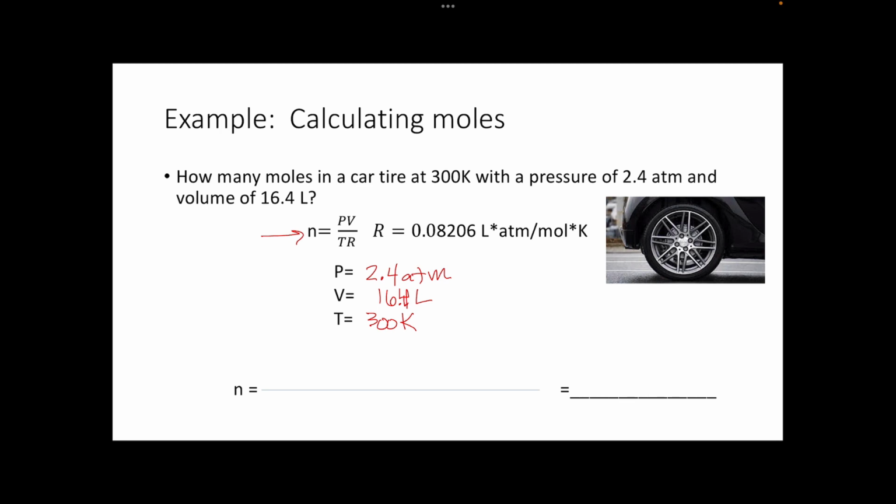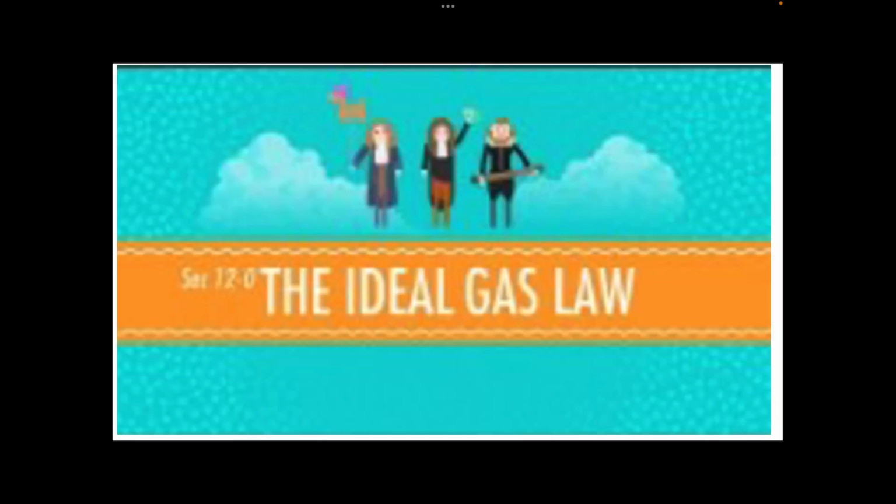Plugging in our numbers, we have 2.4 atmospheres on the top times our volume, which is 16.4 liters. I actually looked these up. These are close to what they are. The temperature is 300 K, and our R is 0.08206 liters atmosphere per mole Kelvin. Doing this calculation, 2.4 times 16.4 divided by 300 divided by 0.08206, we end up getting that there are 1.6 moles of air in this car tire. And that is it for